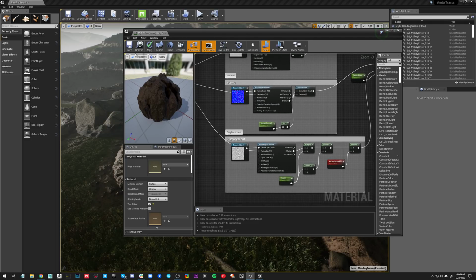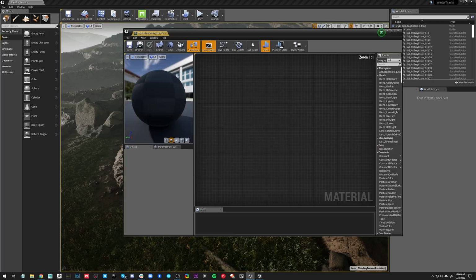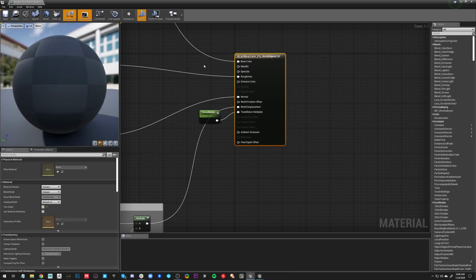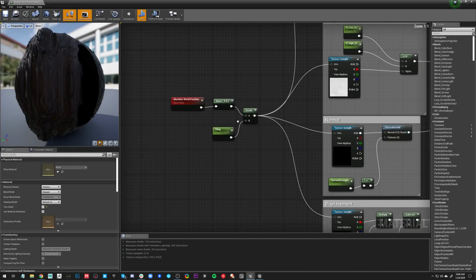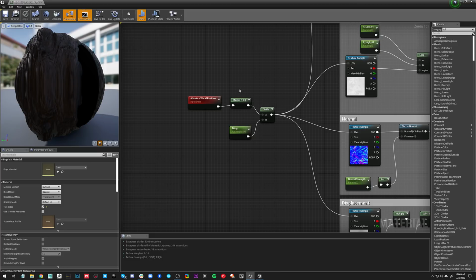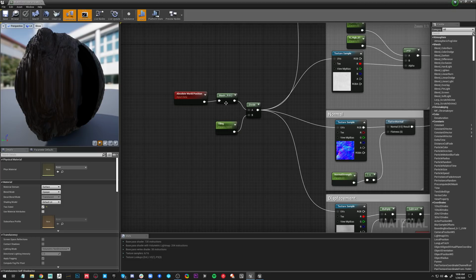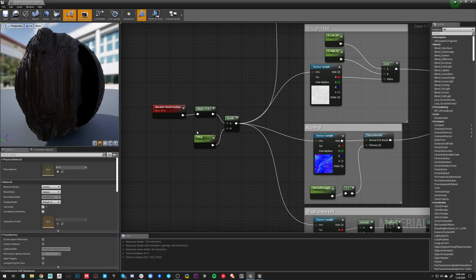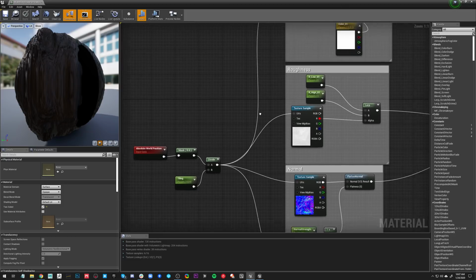Now let's go ahead and take a look at the world align, another way to handle world align texturing. This is another way to do it, and it's a lot cheaper than what I just showed. All I'm doing here is taking the absolute world position and using a component mask to mask the red and green channel, and that is actually giving me my UVs. And then I'm dividing that by a constant value. So what this is doing is it's allowing me to tile this in world space.